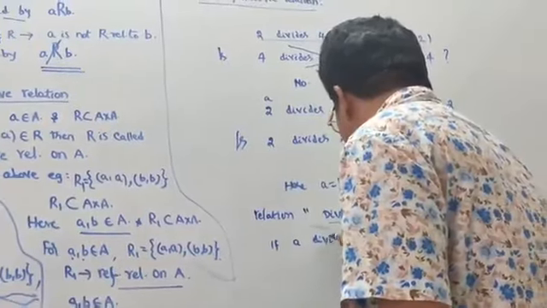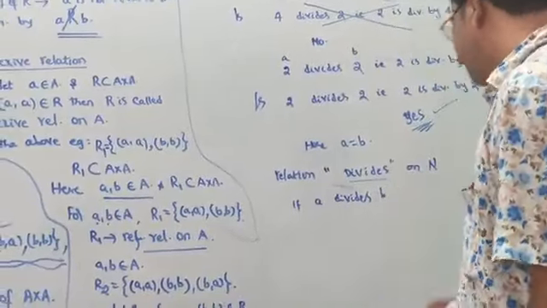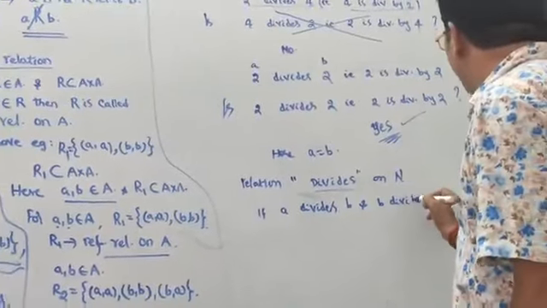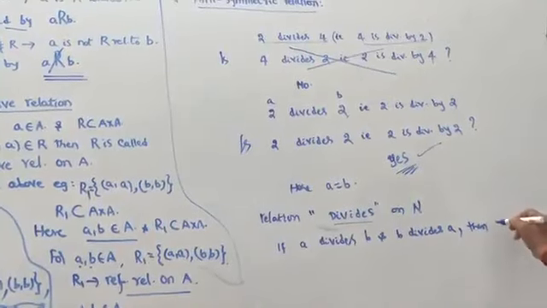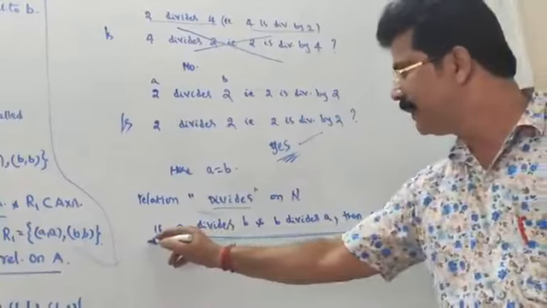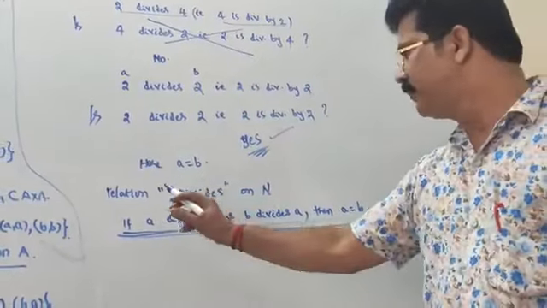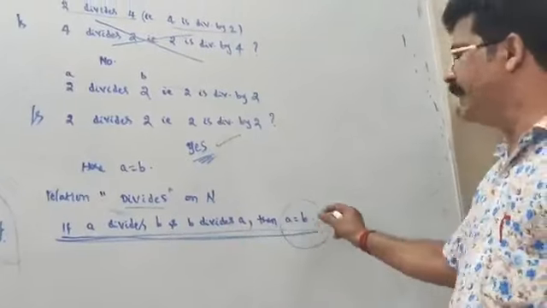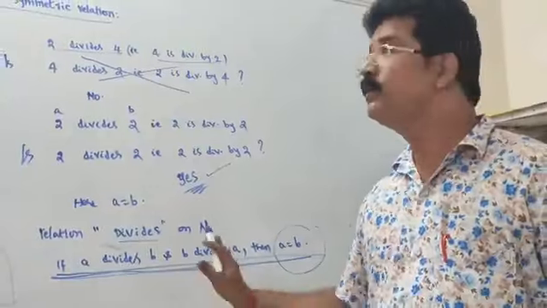If A divides B and B divides A, then A is equal to B. It is my intention. My intention is, if A divides B and in reverse order, if B divides A, both are possible when A equal to B. If A not equal to B, then it is not possible to say like that. So this is called